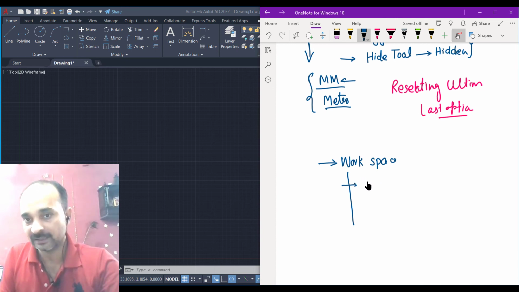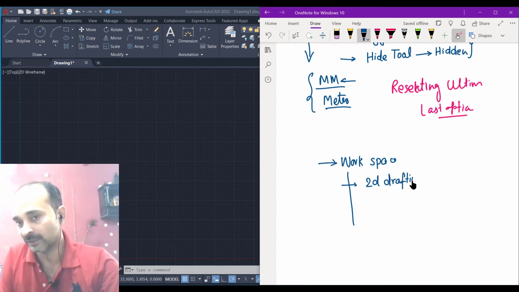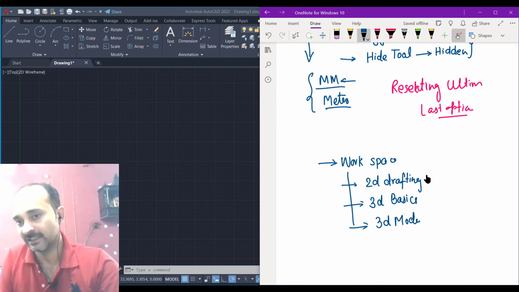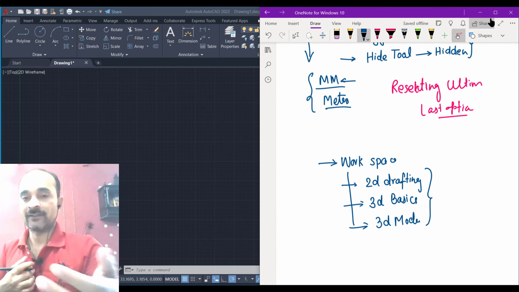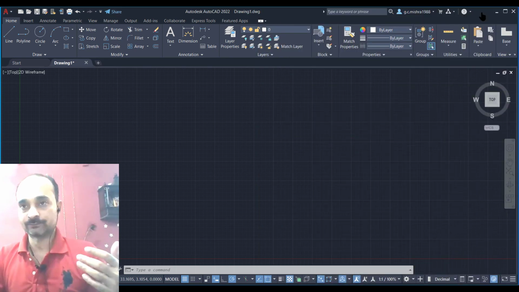In original AutoCAD, you will get the 2D drafting and annotation workspace, that is default. After that you will get 3D basics, and after that you will get 3D modeling. These three workspaces are in the interface by default.